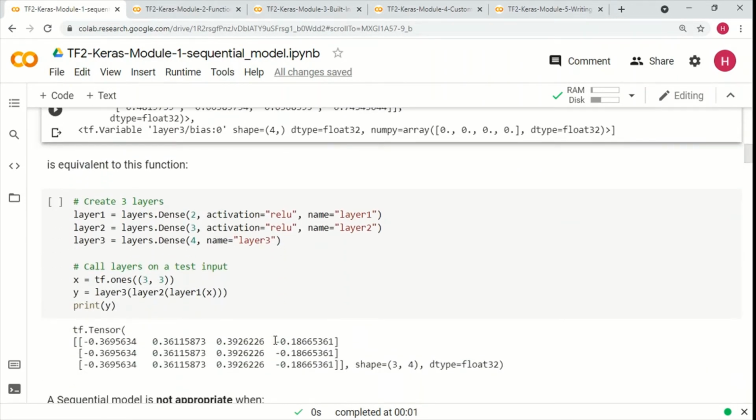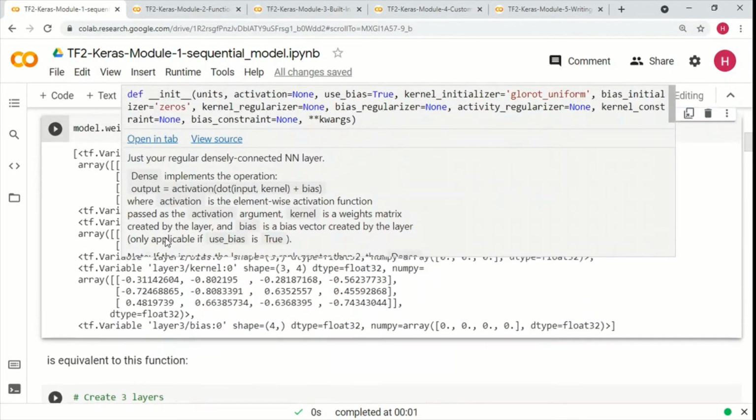This is basically similar to going layer by layer. So we create a layer, and we create a second layer and the third layer here, and then we can go layer by layer also.